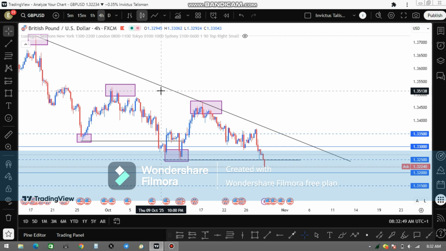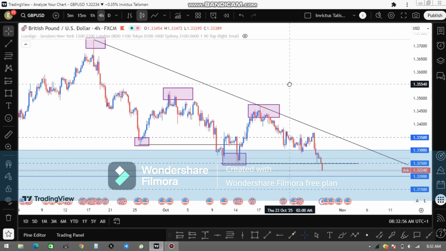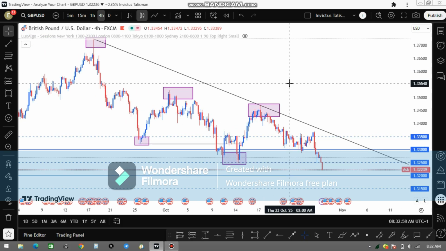So you have to be consistent with it so you can actually see what works out for you. And sometimes you might also want to draw a trend line and you want to zoom out. Zooming out doesn't actually help you that much. It only helps you to draw trend lines if you're trading for, let's say, day trading or swing trading. And if you're trading something like swing trades or position size trading, what